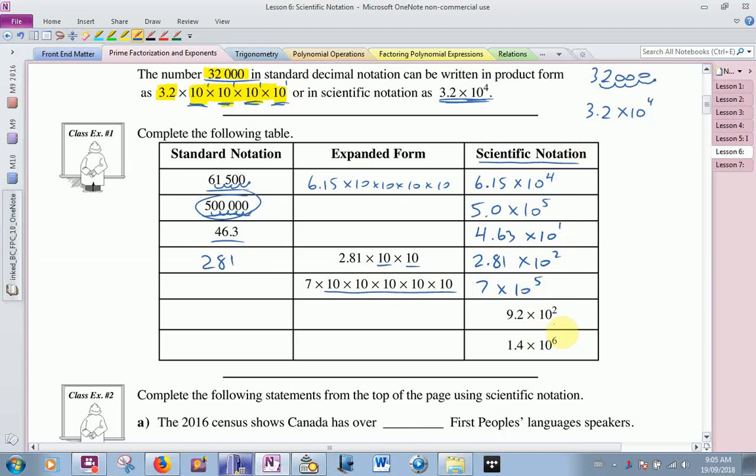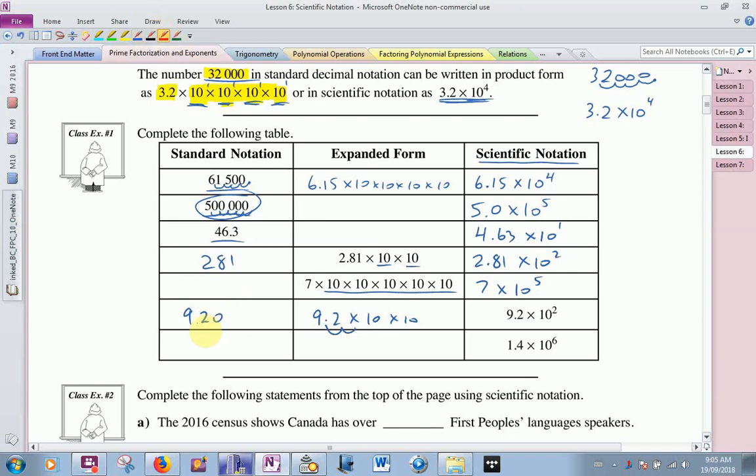Now we're giving you scientific notation. How do I write that in standard? How many tens do you have? 2, of course. So take that decimal and move it 2 spots to the right. Times it by 10, I'm going to get 92. Times it by another 10, I'm going to get